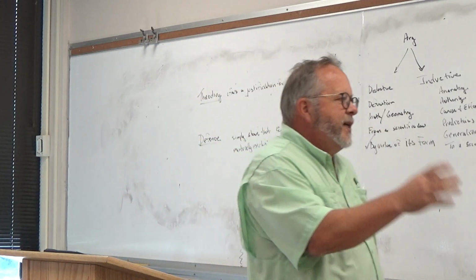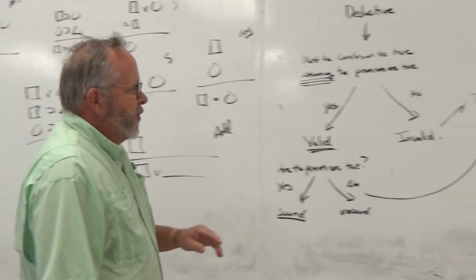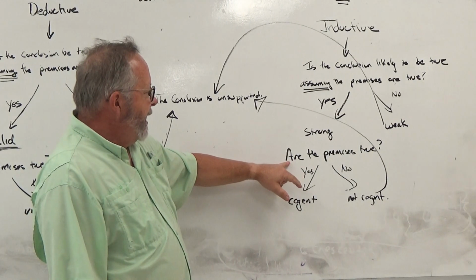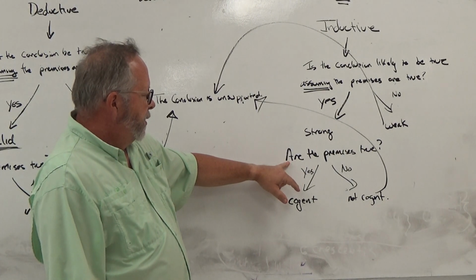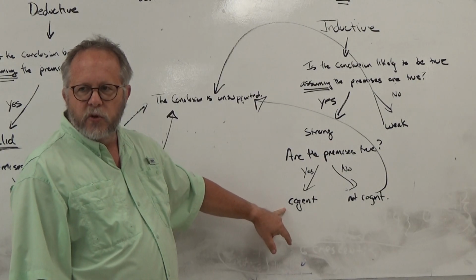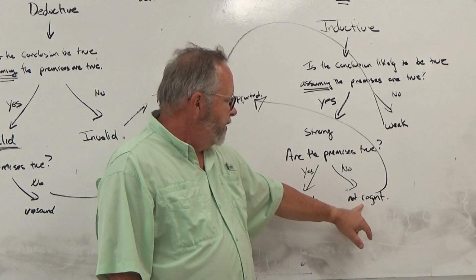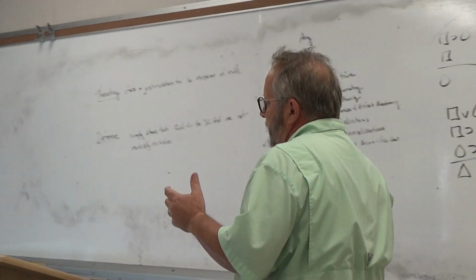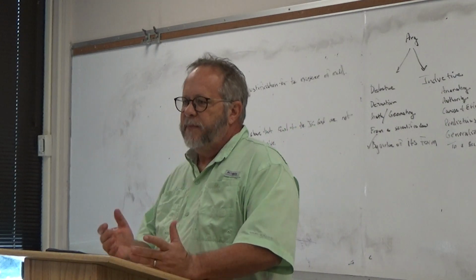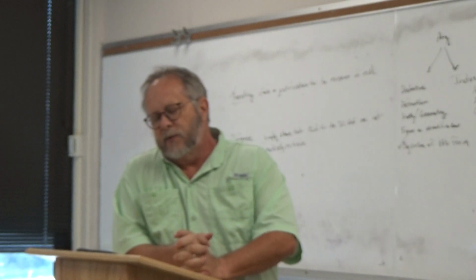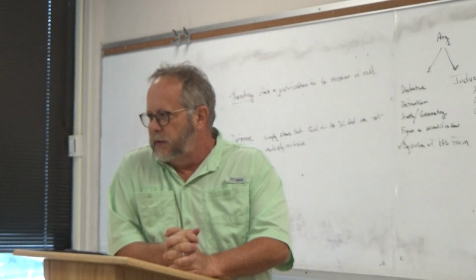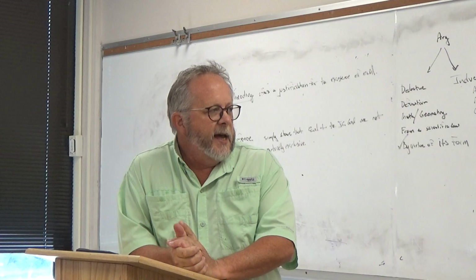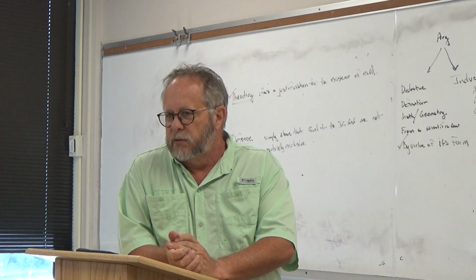Okay. And if it's weak, we say, go away, get a better argument, you didn't support the conclusion. But let's suppose that we have a strong argument, and now we ask, are the premises true? Okay, if the answer is yes, we say the argument is cogent. And if the answer is no, we say the argument is not cogent. And if an argument is not cogent, well, the conclusion has not been supported. It's not to say that it's false, it's just not proven. Everybody understand that? Okay? So the best kind of inductive argument you could have is one that's strong and cogent. Everybody got that?